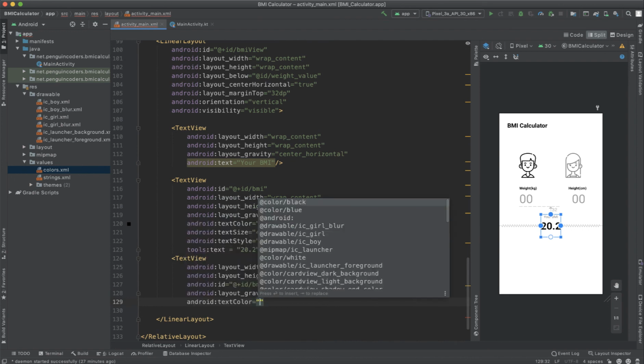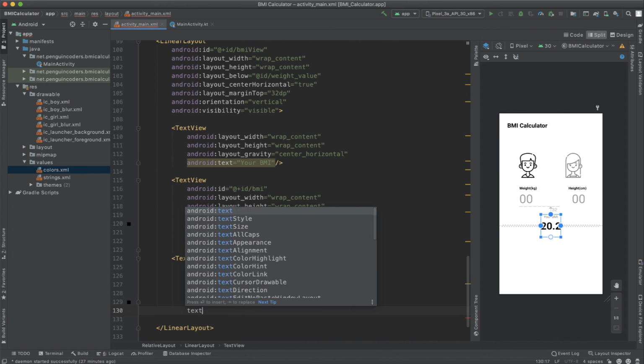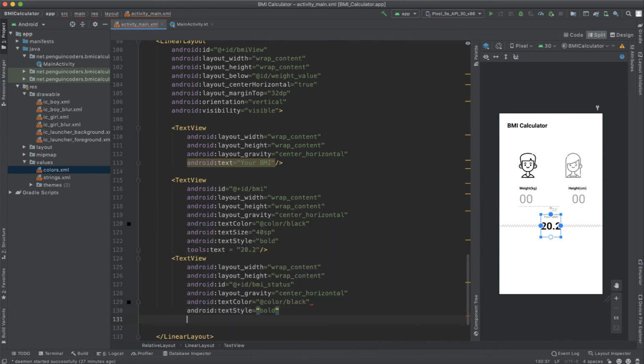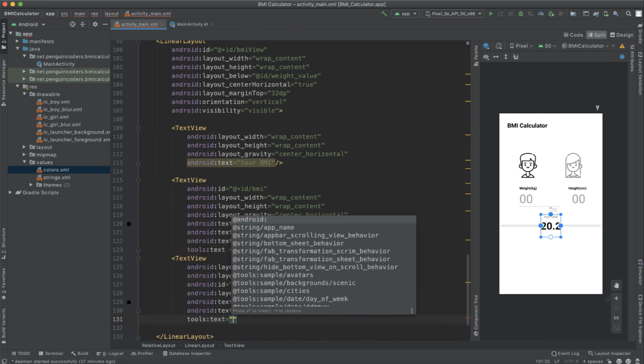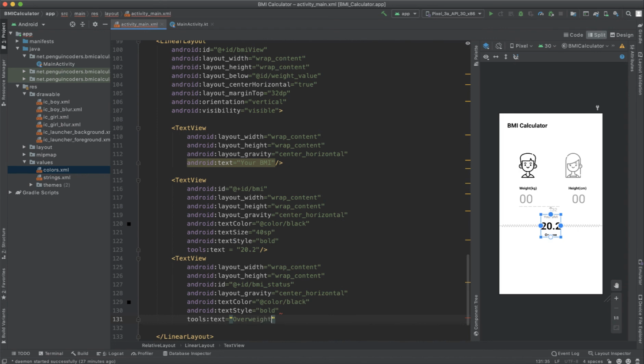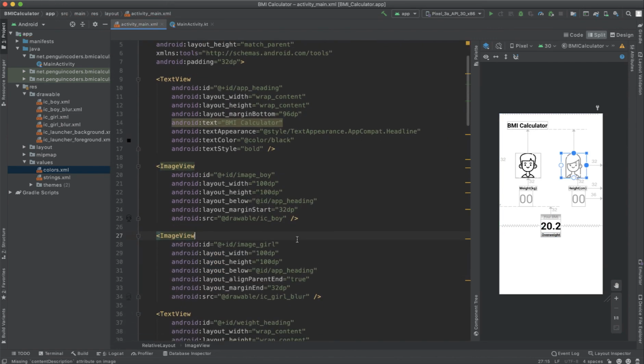Text color would be again black, then text style is bold. And we will add a tools text here. So tools text equals overweight. You can see this is how your status will look like, overweight or underweight.